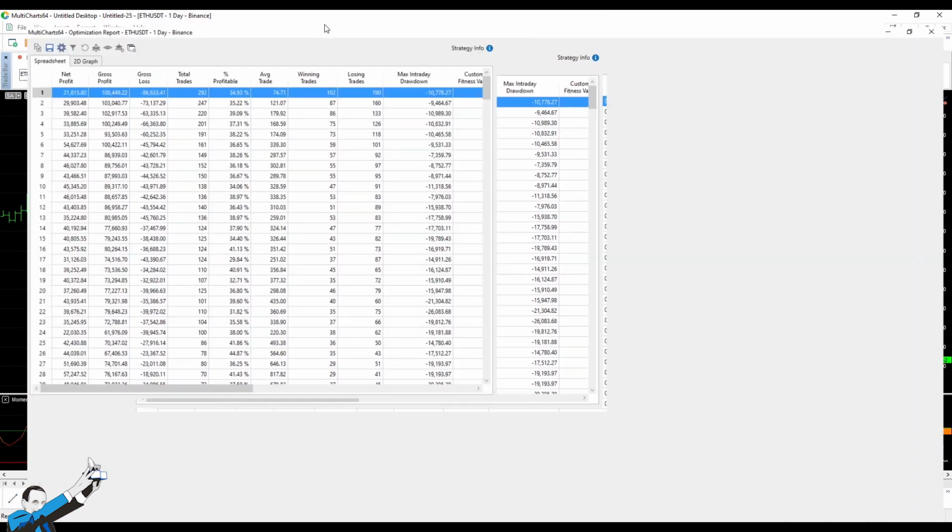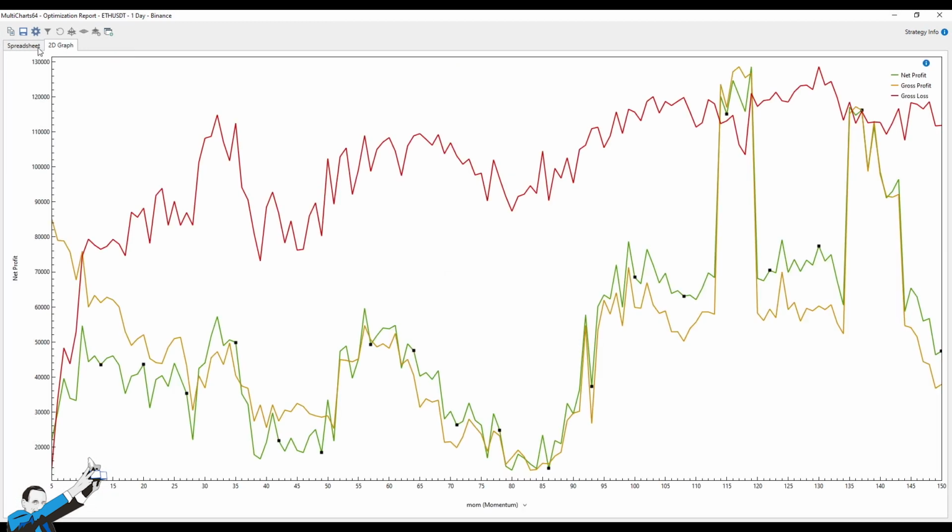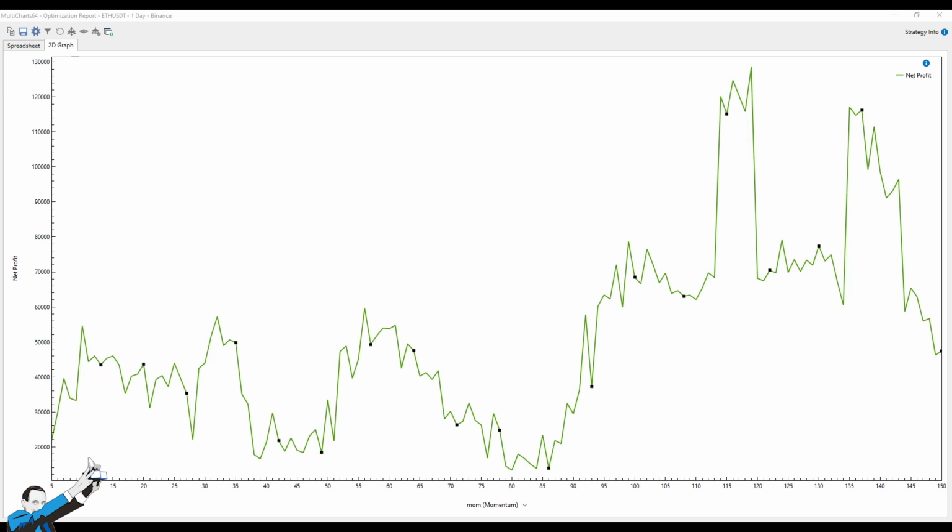Here they are. Let's take a look at them plotted on a 2D chart. Let me eliminate what we don't need and then just leave the net profit. First of all, we can see that there isn't a lot of stability in returns. And this is the point I wanted you to think about. As we slightly change these parameters, we'll notice profits that appear, then disappear, then return, and then disappear again. Then there seems to be a more stable area. However, look at the variability of results here as well.